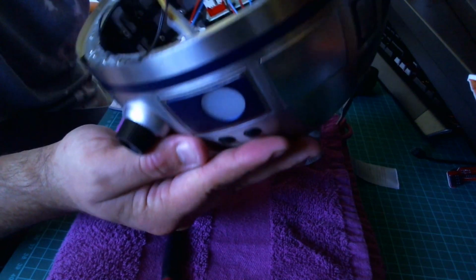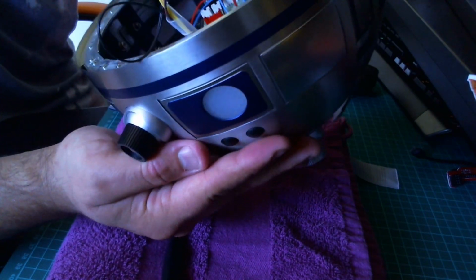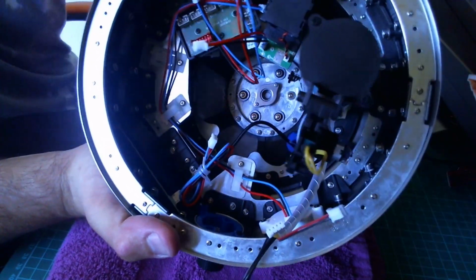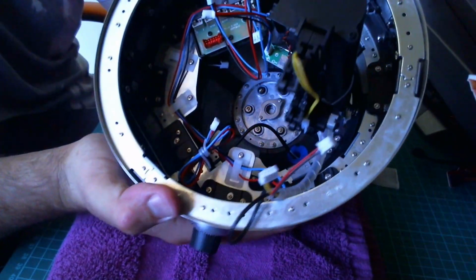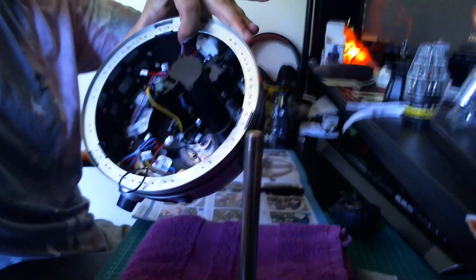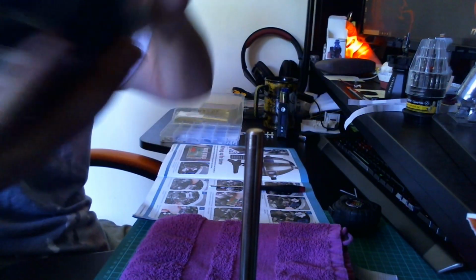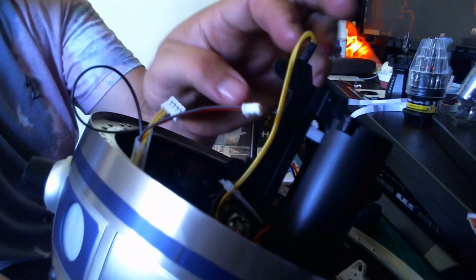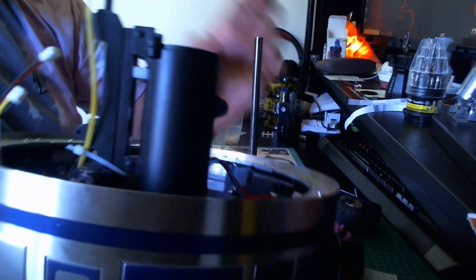Now I'm hoping there is going to be a bit more support for that, because I don't think that's going to, you know, if you now drop this or anything happens, that's just going to snap. So make sure obviously you use the stand now that we got to sit R2D2 on, which is obviously why we got supplied it. But just make sure we use that now, because that is going to be very, very fragile, because that's just got 2 screws in and this is plastic. Okay, so